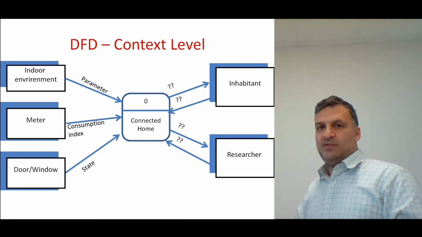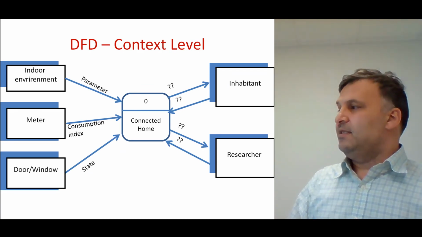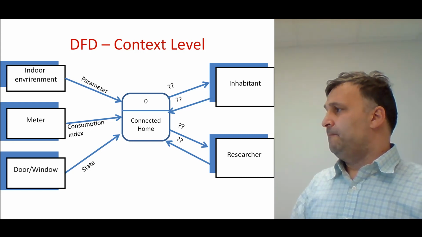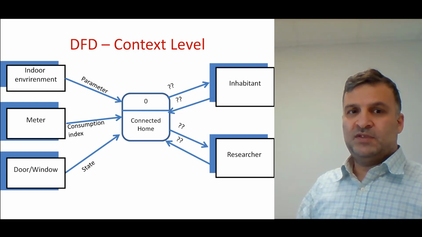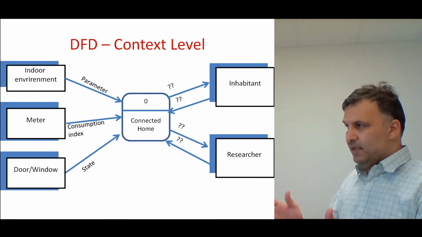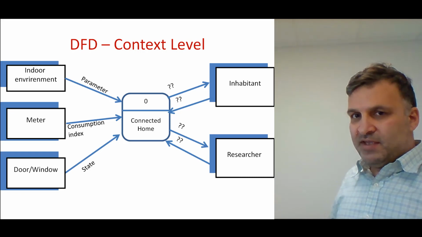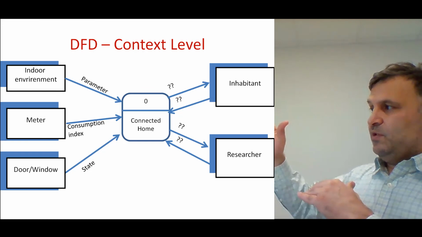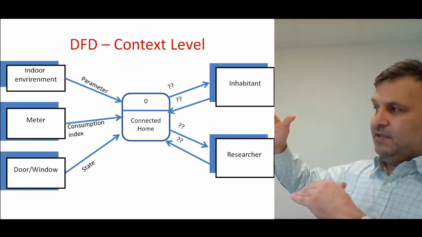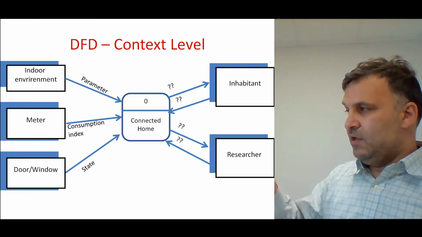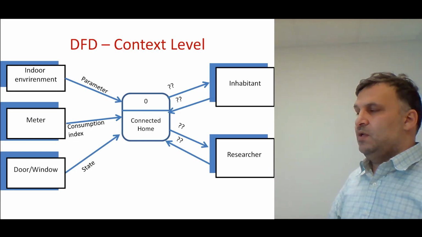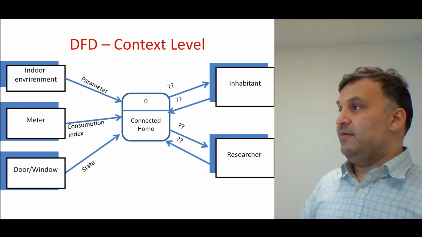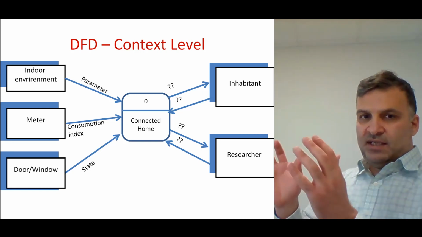This is an example. We presented in the previous video an example about the connected home. To simplify, we will not represent everything in the connected home. We will present here in this example the higher level. All the system will be represented by only one process. So what we can receive in the connected home, we have many things. So here in our system